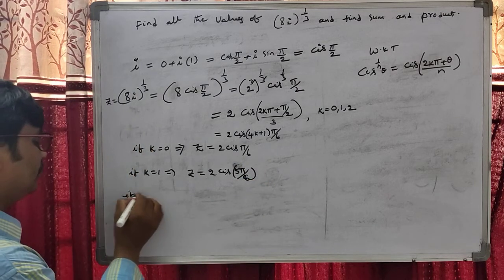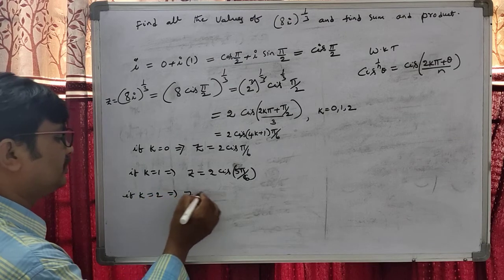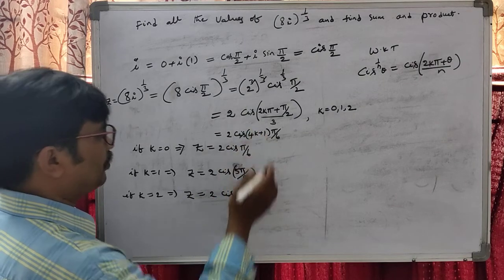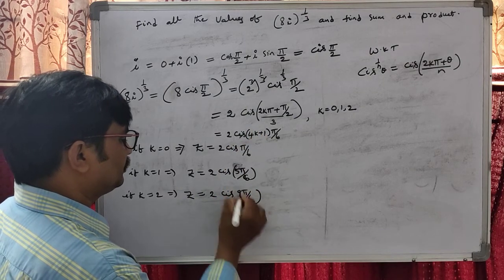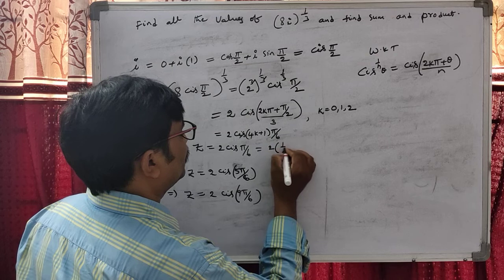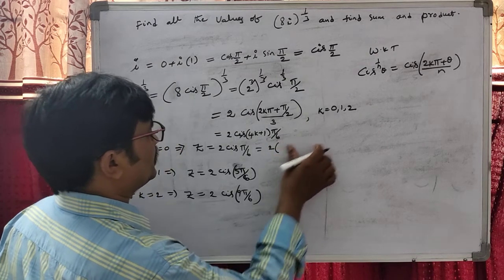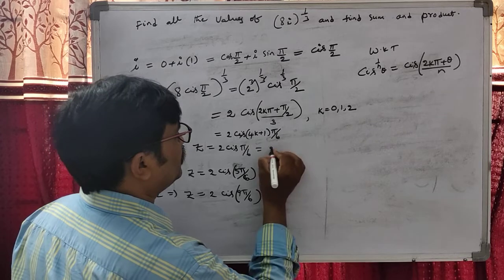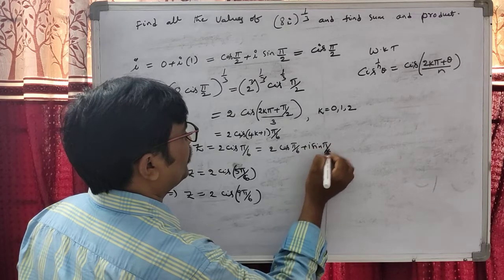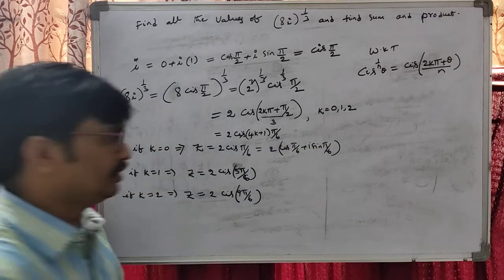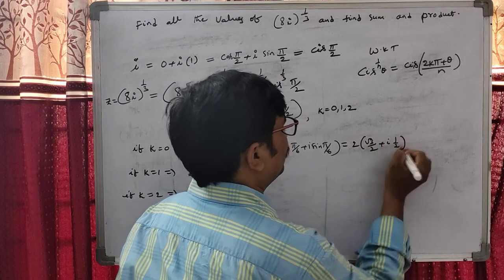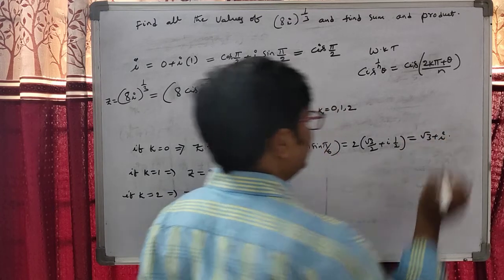After that, students, when we take k equal to 2, that is z equal to 2 into cis of 4 twos are 8 plus 1, 9 pi by 6. Now, how can you write this? 2 into cos 30 can be written as 2 into cos of pi by 6 plus i sin pi by 6. So, dear students, cos 30 is root 3 by 2, sin 30 is 1 by 2, so root 3 plus i is the first value.